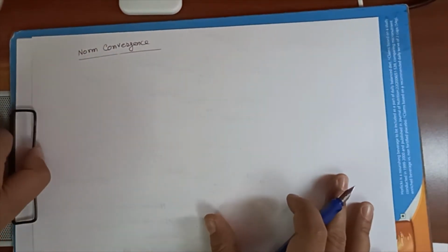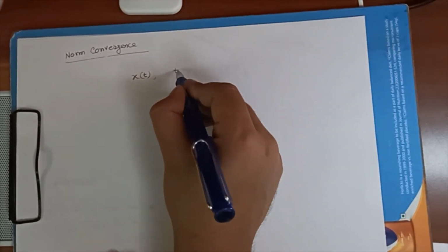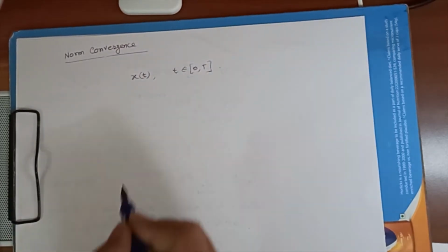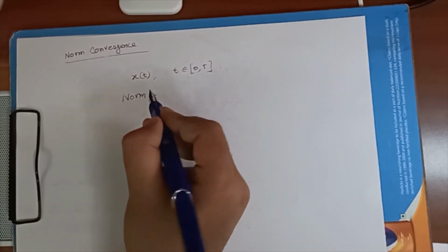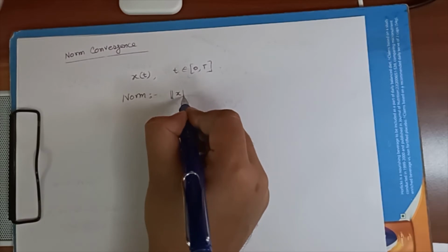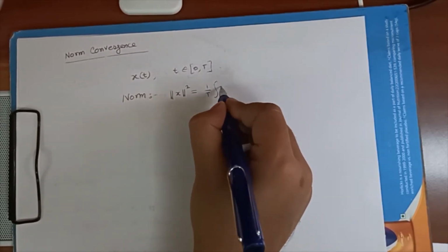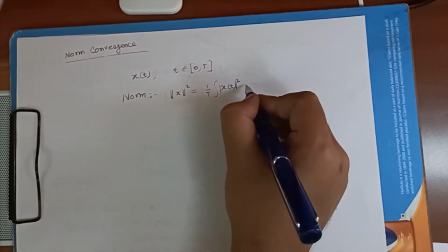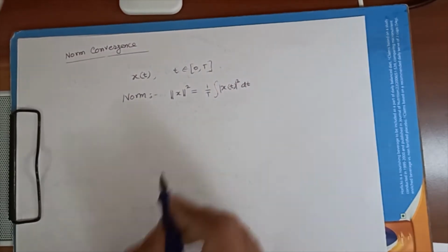So when you take one signal, say x(t), and we are taking this finite support, so t belongs to 0 to T, we define that in that Hilbert space, the norm square is defined as 1 by T integral of |x(t)| modulus square, since it is complex, dt, isn't it? So what is this norm?